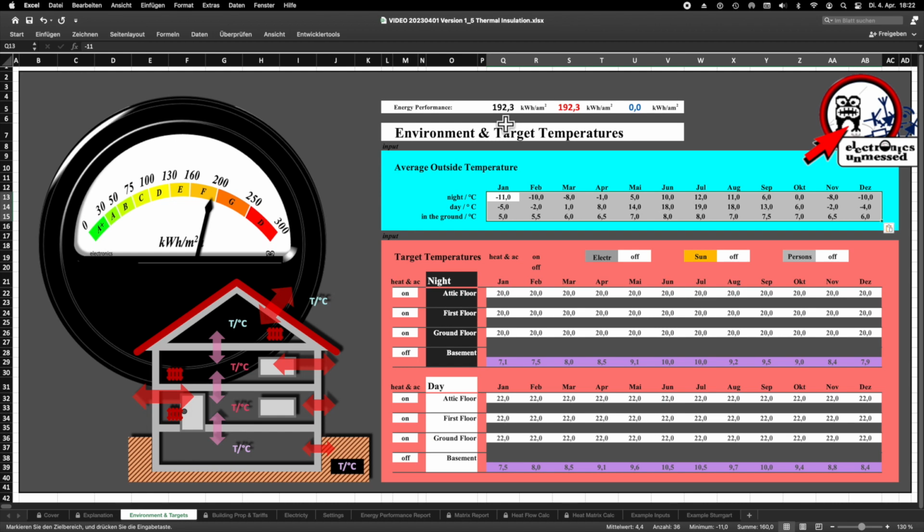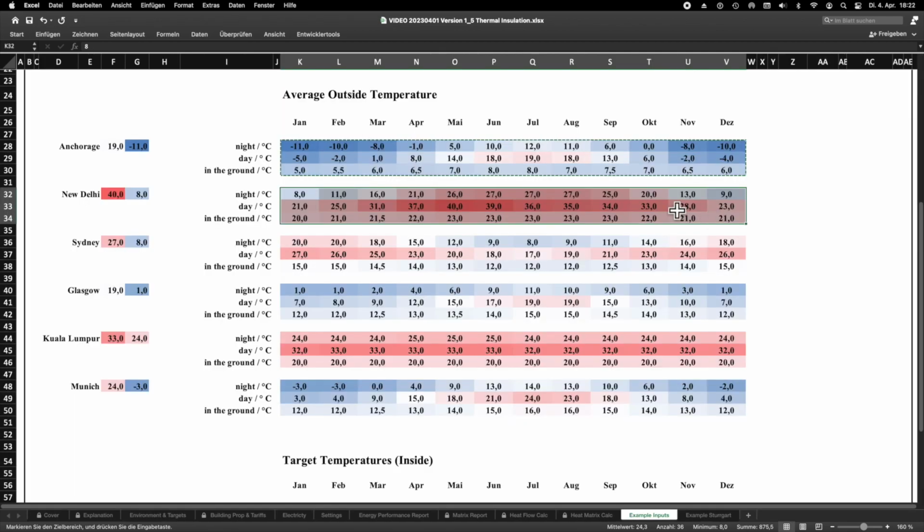And we are talking average here. In a particularly cold year, it could probably be significantly more expensive. And we all know that apart from the costs, there are many other good reasons to use less heating energy. So if the house was in Anchorage, then we would have to take action to improve insulation very urgently.